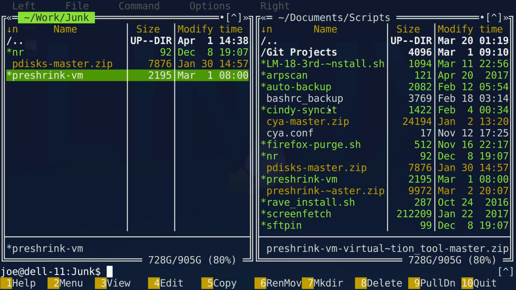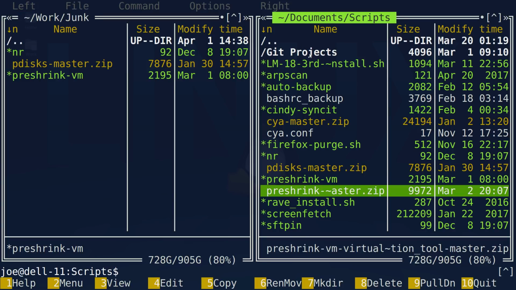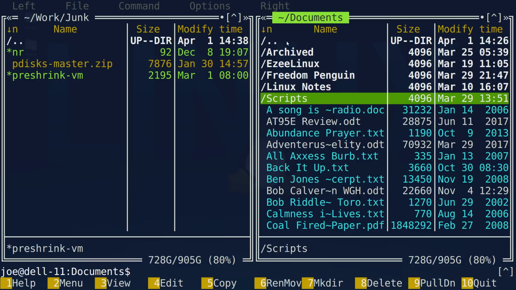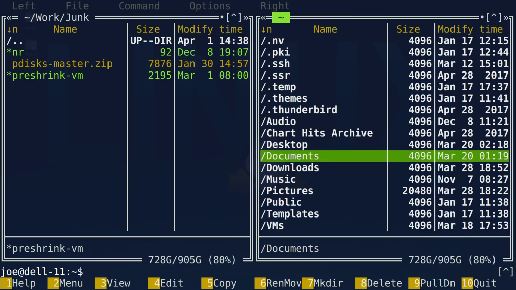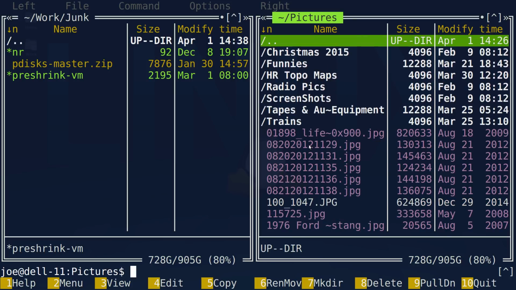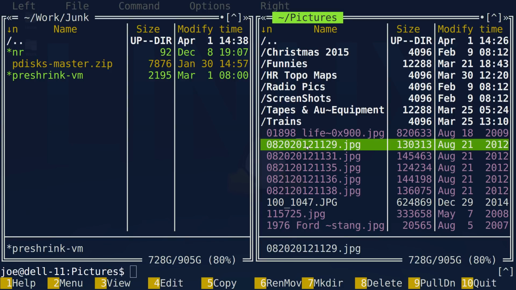Now for normal stuff, let's just come back to this side. We use the tab key to highlight and just jump back and forth. And I'm going to go up directory here. And let's just jump into pictures. And we will randomly choose a picture. I don't know what it's a picture of, but I'm just doing this to prove that it will open up a file. So if I double click here, then